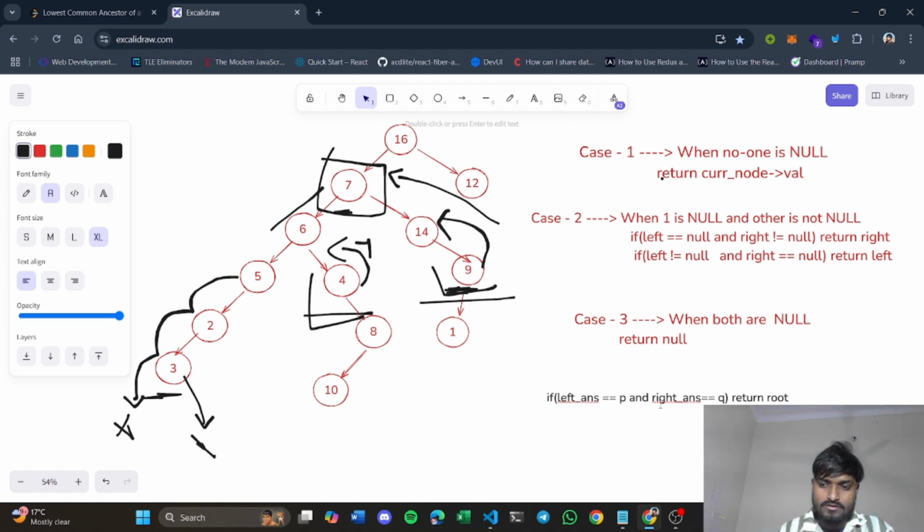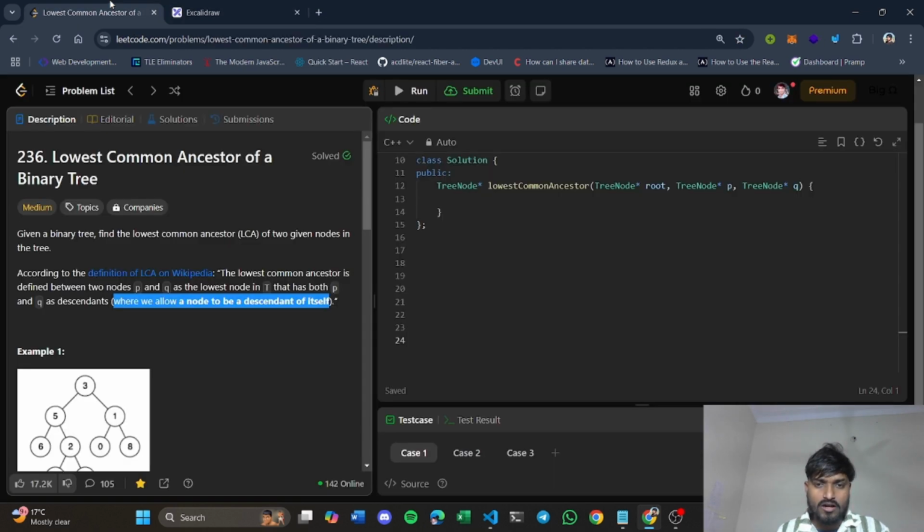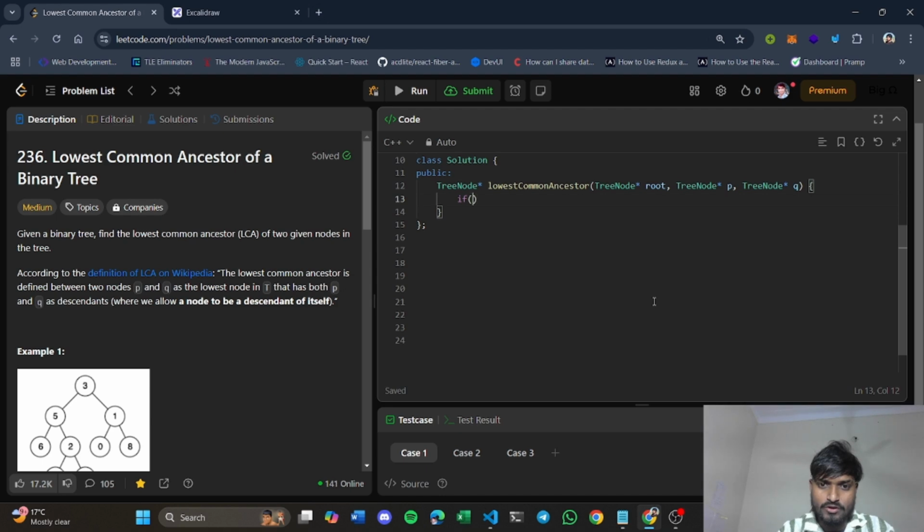You can see here the current root was 7, so basically we have to return this. Now let's see the code of this problem. First of all, you will provide a base case: let's say your root node is null itself. In that case, there is no value inside the tree, so you will basically return null.